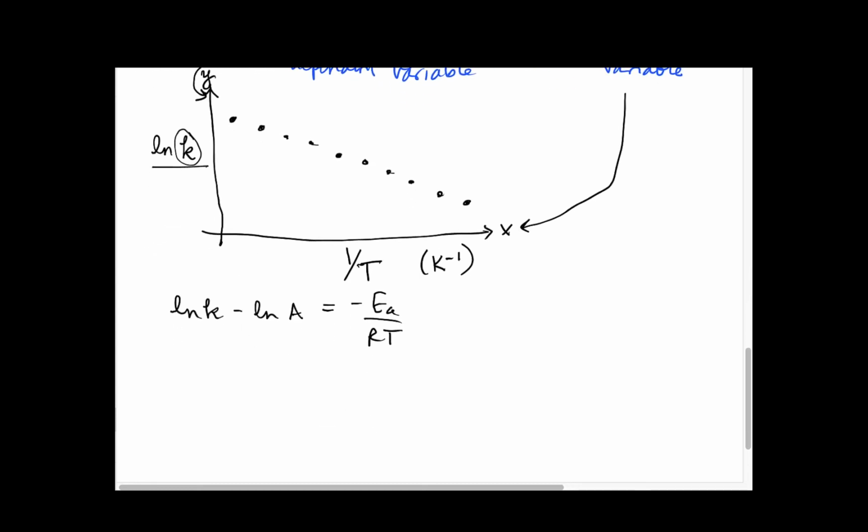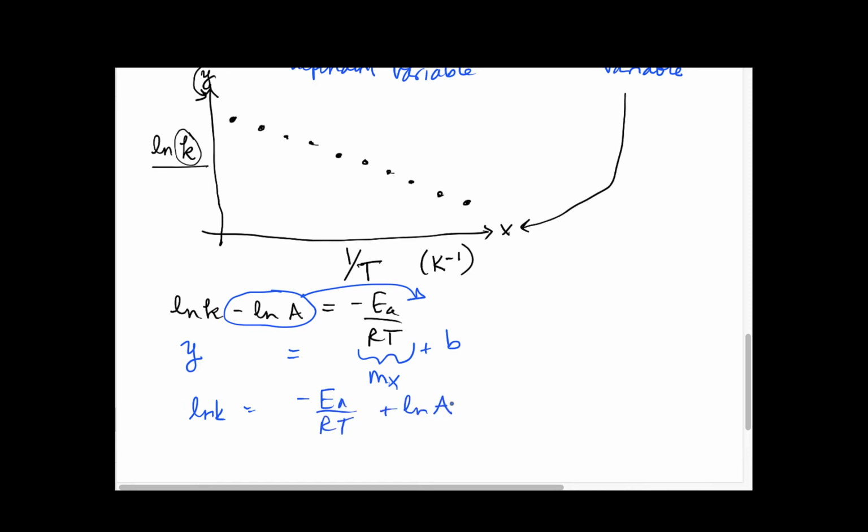So what we're really seeing is that here is y. This guy needs to move over here and be b. And this is mx. y is equal to mx plus b. Natural log of k is equal to minus E sub A over RT plus natural log of A. So on this graph, all of a sudden, my slope is this, minus the activation energy over R. This is my intercept,